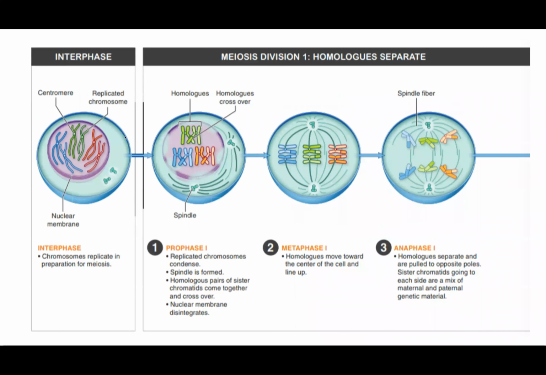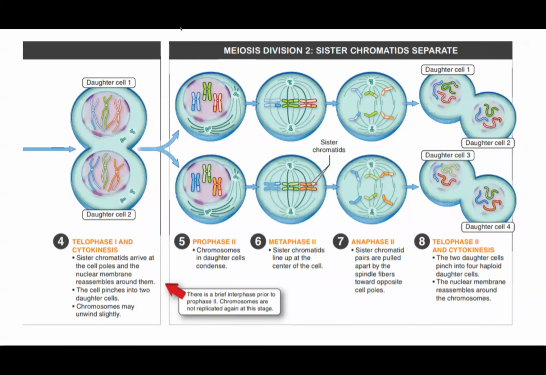So the idea being is we have interphase. Again, that's when all the things happen: making copies of chromosomes, making copies of organelles, getting the energy we need. Then we undergo meiosis 1, which again is essentially identical to mitosis. We have the alignment at the center, we have the pulling apart, and then we have cytokinesis, making 2 identical